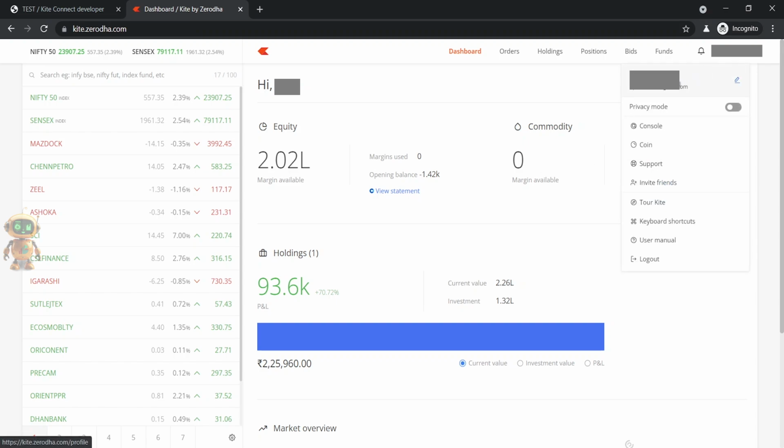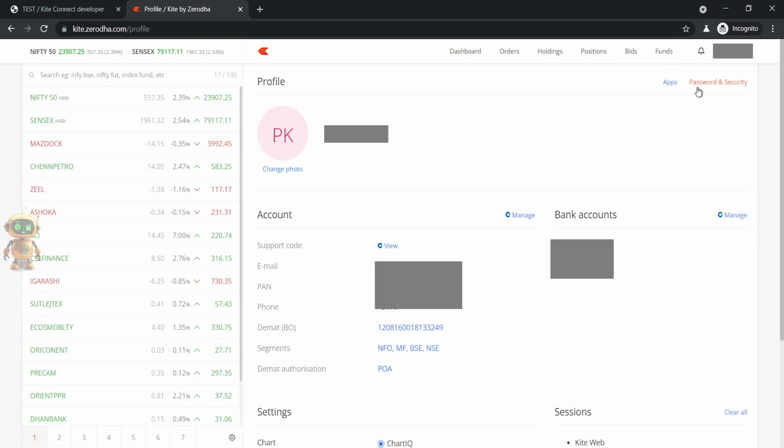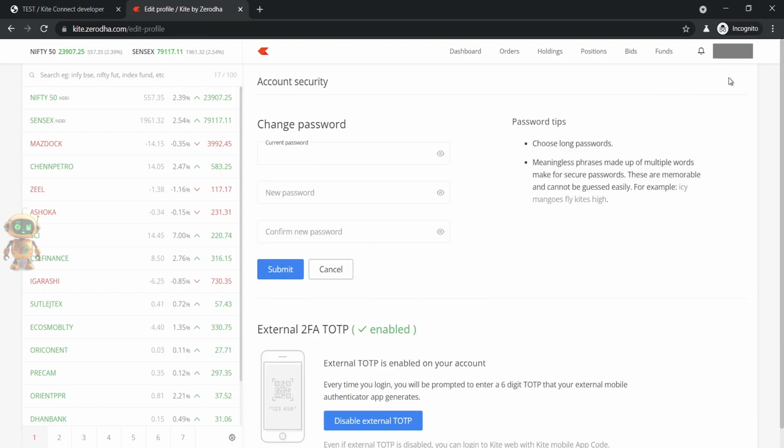Now open the user profile and select password and security. Now click on Disable External TOTP. Then enter the password and OTP received.